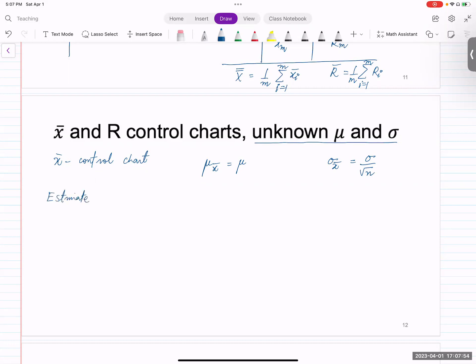Again, we can refer to chapter number 3 where we talked about different types of estimators. So we estimate mu using x double bar. So we'll say mu hat is equal to x double bar. And then plugging back into the formula, we get mu of x bar hat. This is equal to x double bar. Similarly, we will estimate